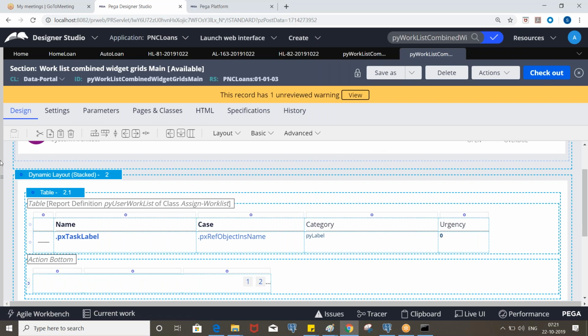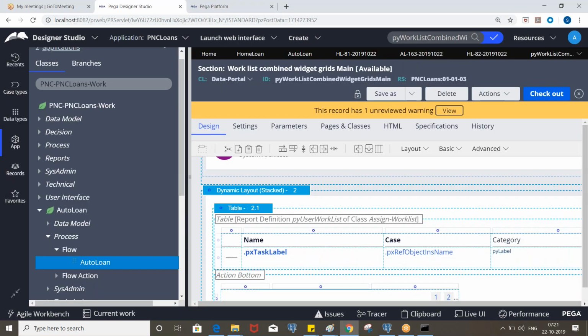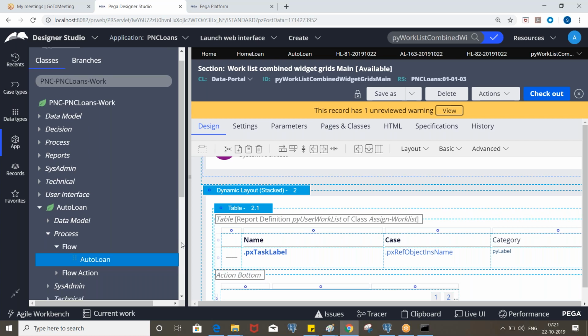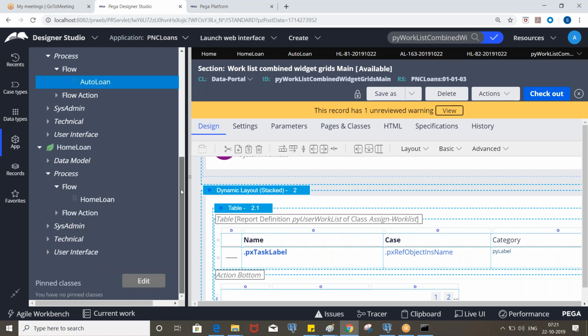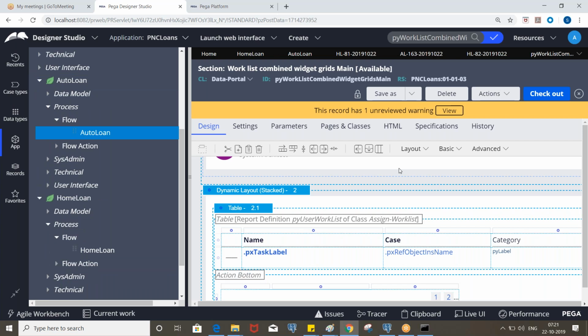So the auto loan assignment should have more priority. For that, we need to increase the urgency. Where can we set the urgency for auto loan? Yesterday I showed you, right? At initial load we can increase it, I think. We have a py default data transform.